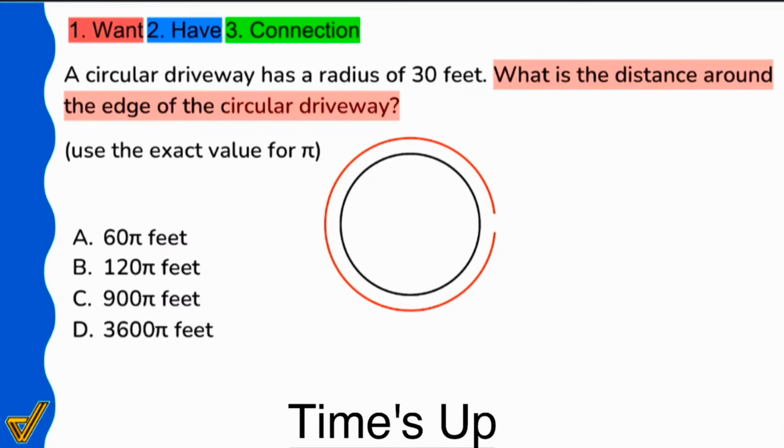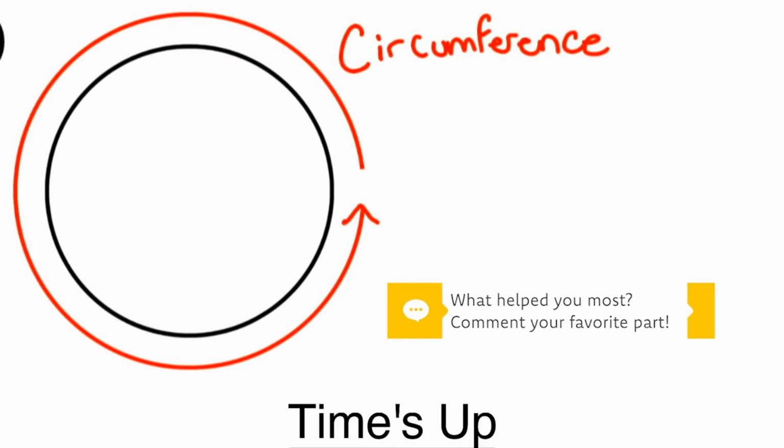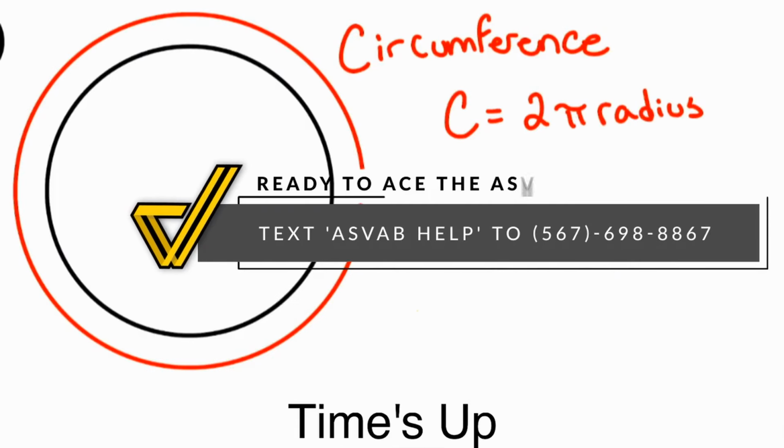That's right. It is going to be the circumference. We are looking for the circumference. And we said there are 2 formulas. We said it ourselves. One formula will be the circumference equals 2 times pi times the radius. And the other one will be pi